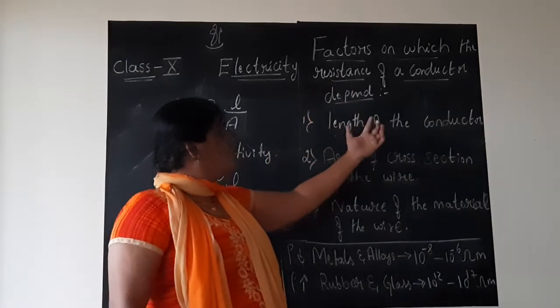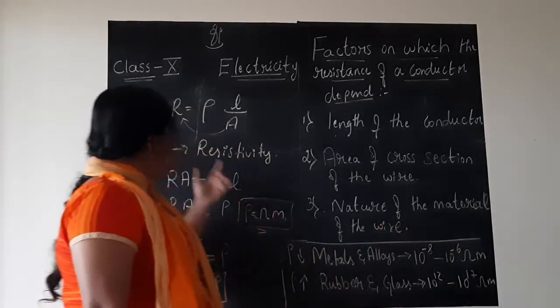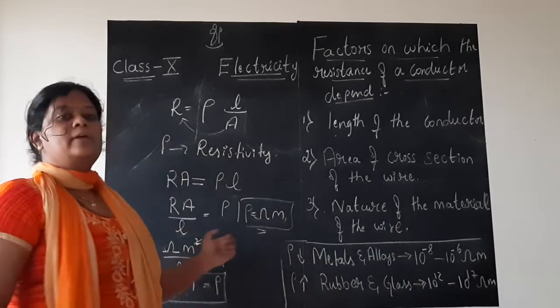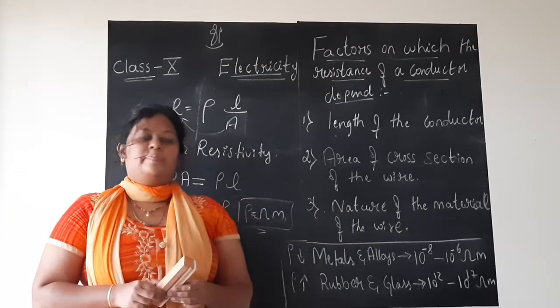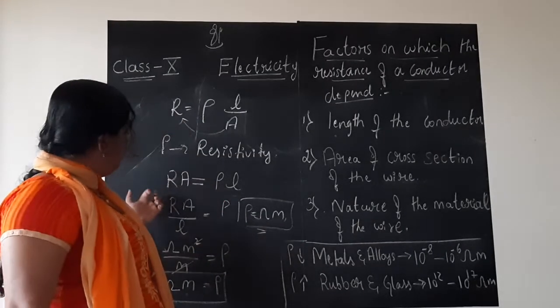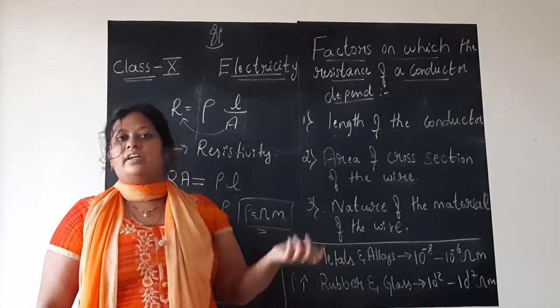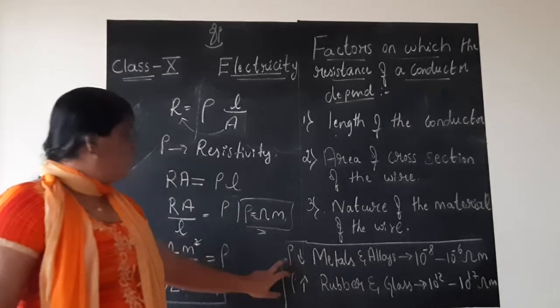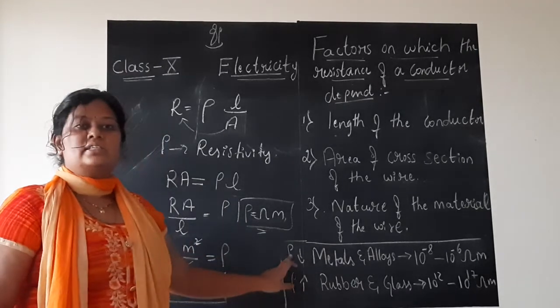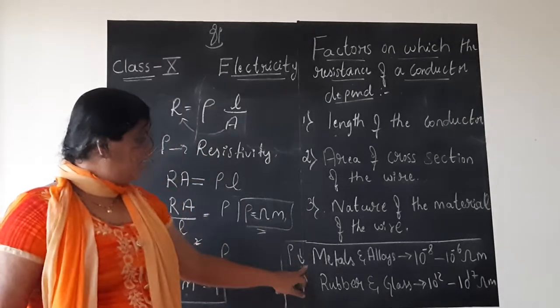So the resistance depends on length, area and nature of the material. When we talk about resistivity, resistivity is nothing but the nature of the material, which we studied. So how does this resistivity vary depending on the nature of the material is the next question. For that you have the answer here. This is rho. In both the lines this is rho. Resistivity is less, you can see the down-headed arrow mark.